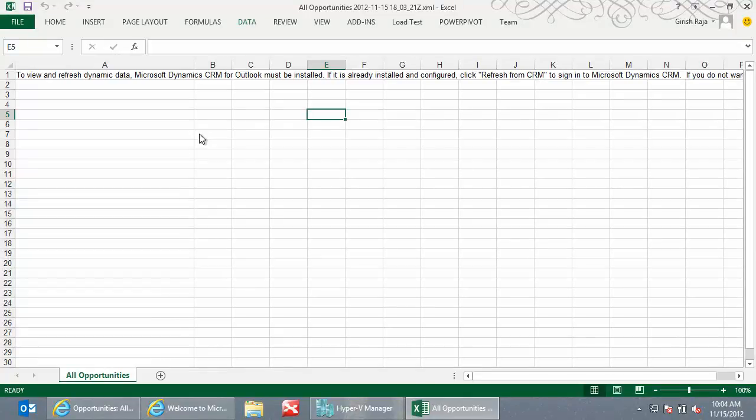So for somebody that's living and breathing within Excel, a lot of business users love Excel. They live and breathe in Excel. So they can live in Excel and still manipulate CRM data this way. They don't have to do any kind of magic or anything like that. Just works,